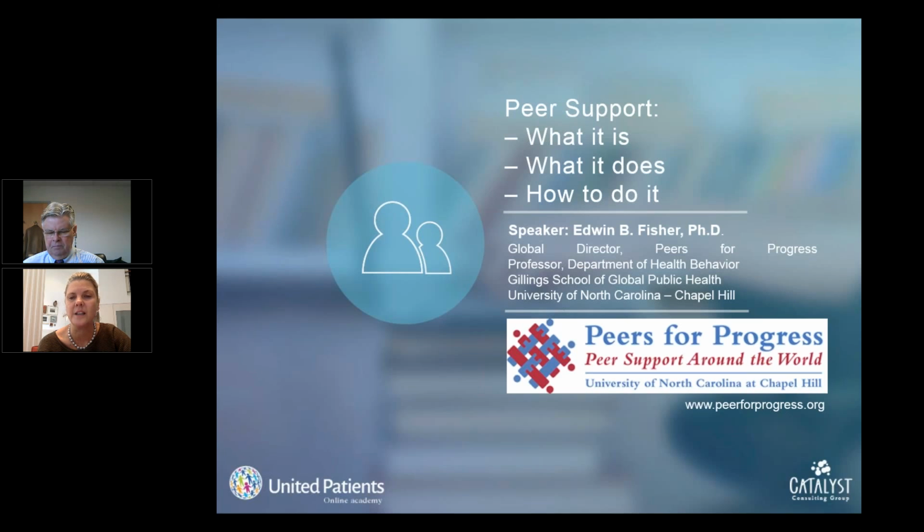And what I also think is interesting about Peers for Progress is that it's a joint program. It works very closely with the clinical community, with doctors and nurses, so that the clinical community as well understands the importance of peer support, patient support, and the ongoing role of connecting patients with patients, so that once the patient leaves the doctor's office, they are not abandoned and they enter into a network that can be supportive of them and helpful to them as they recuperate from a surgery or deal with an ongoing chronic illness such as diabetes or heart disease. And so I think that being able to involve clinicians on this clinically proven program is very important,